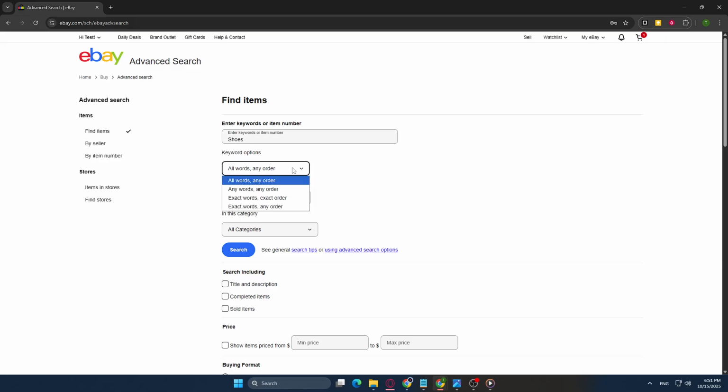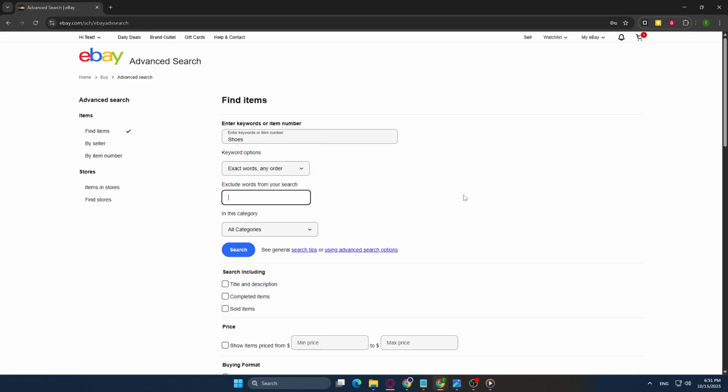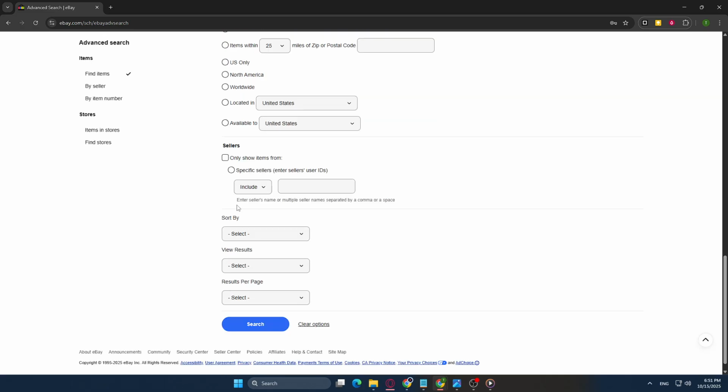Once the advanced search window is open, it's time to input the relevant details of the product you're looking for. You can specify the item specifics, price ranges, condition of the item, and even whether you want new or used products. Under the Sellers section, you have the option to input the name of a particular seller. This is especially useful if you've had a good experience with a seller before, or if you're interested in a specific store on eBay. After you've filled in all your desired criteria, click the Search button to view the tailored